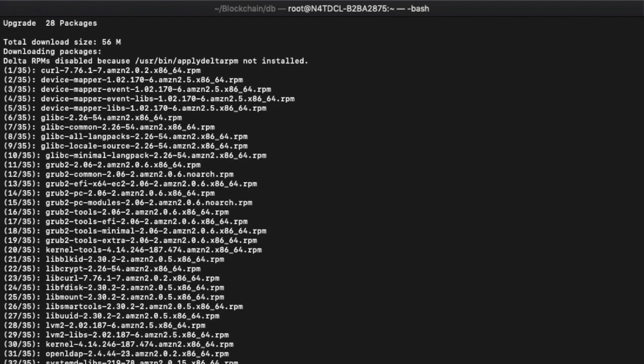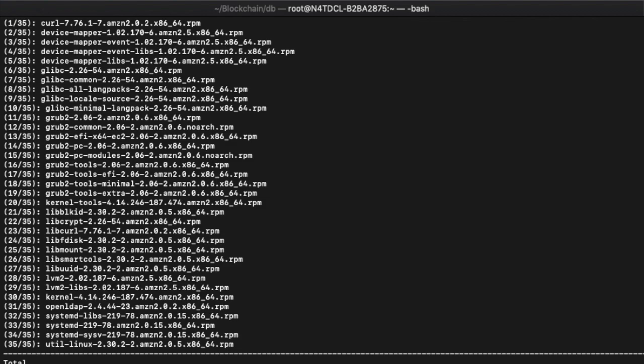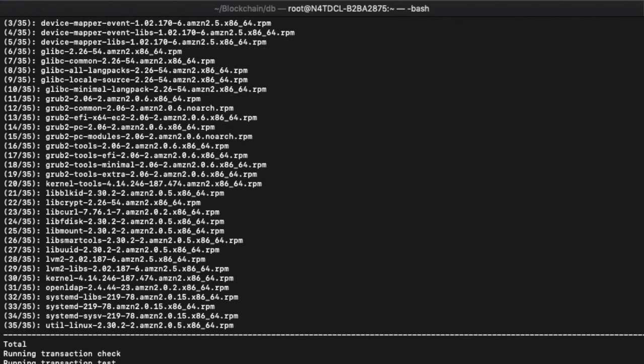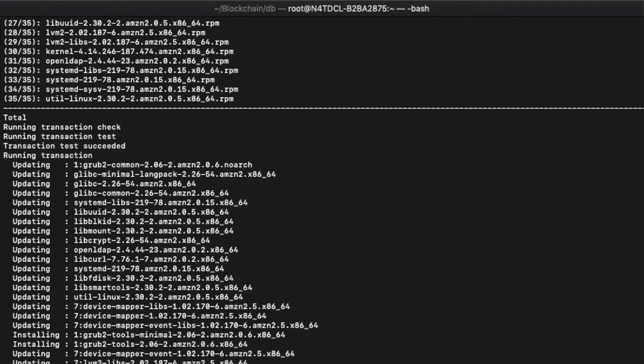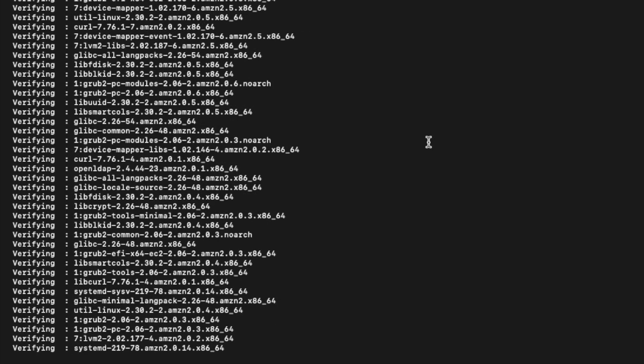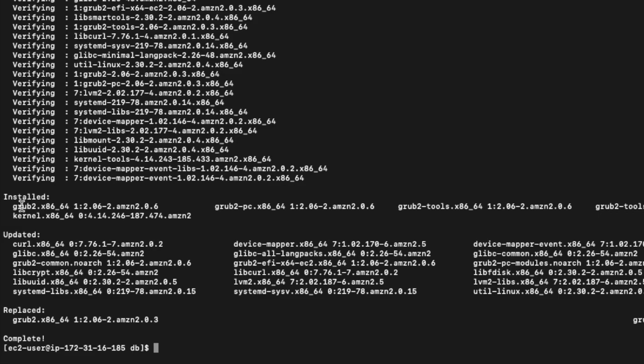After executing this command, all the packages which are part of this EC2 machine will be updated. This is completed. Now I got the summary also: these are the list of packages which were installed, these were updated, and these were some of the packages which were replaced.